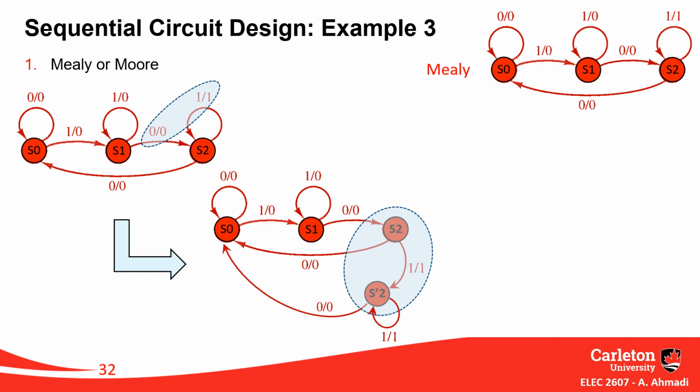So I have the arrow going to S0. I have an arrow going from S2 and S2 prime. So these also will become doubled. Or if I have one transition from here to here, I have to do that from both, okay? With the difference here: this, since it is producing output 1, only lands on S2 prime. You see, for this one goes here, but for itself goes to itself,